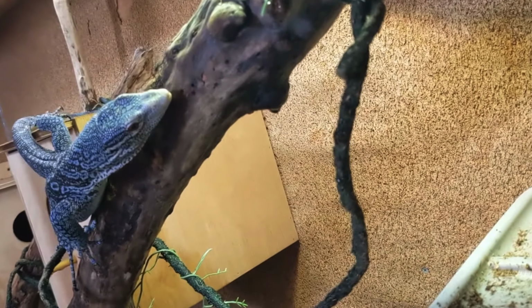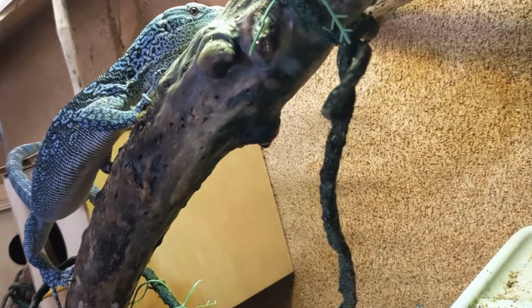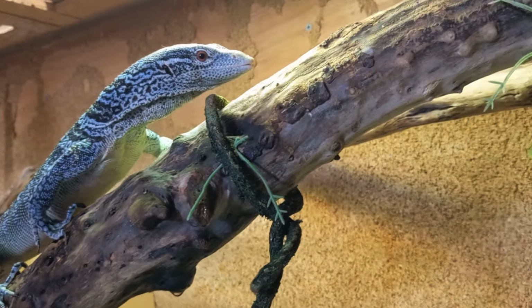So next on the list is one of my, if not one of everyone's favorite blue reptiles. We have Varanus macraei, the Blue Tree Monitor. How could you not love a bright blue 3 to 4 foot lizard that lives high in the treetops of